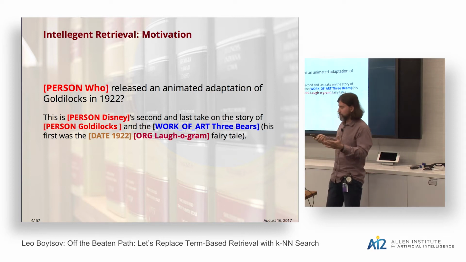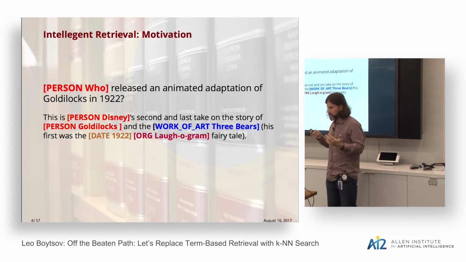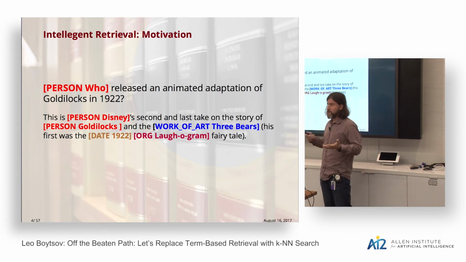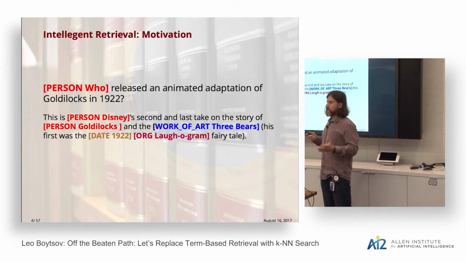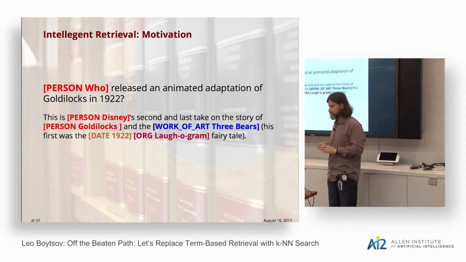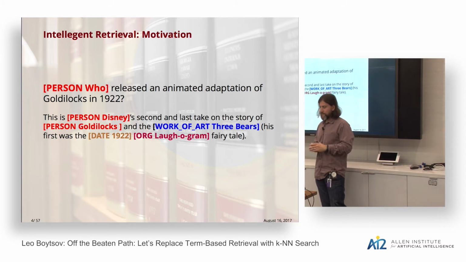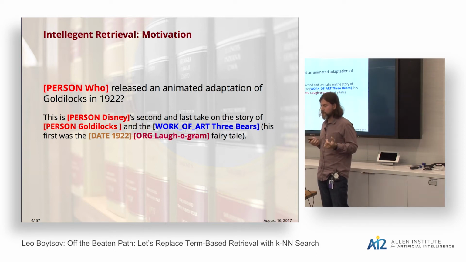And here is an example of what such a hypothetical system might retrieve. And as a last stage, it would try to extract or generate answers from the retrieved passages. This step usually relies on named entity recognition with subsequent comparison of types of extracted entities against the expected type of the question. This is a really well-known algorithm. So assume that our hypothetical named entity recognizer found two person mentions, and here it is Disney and Goldilocks.